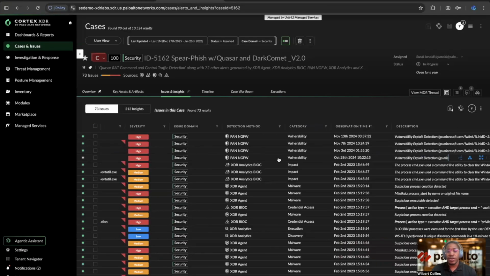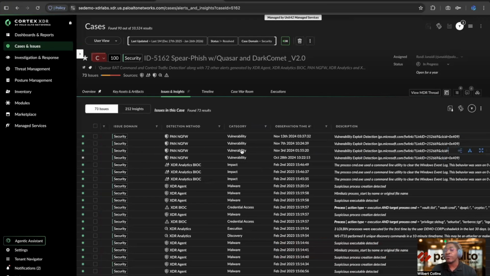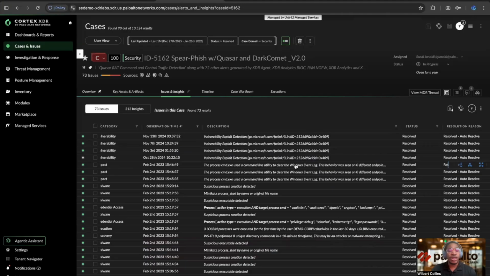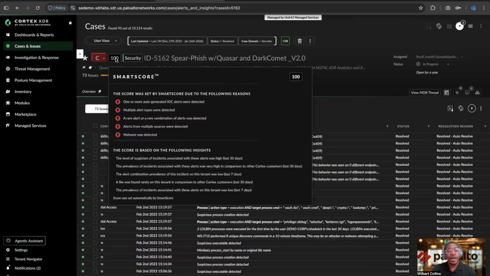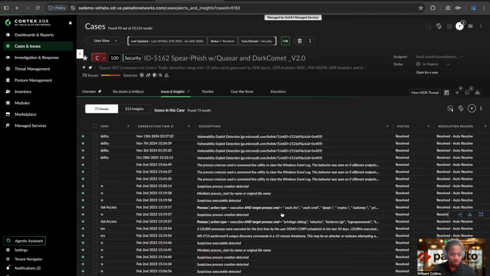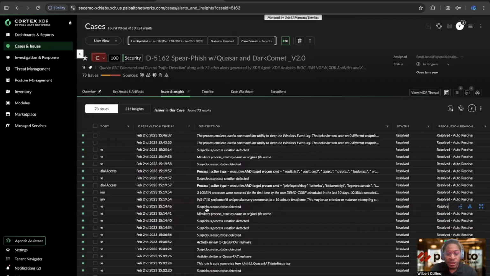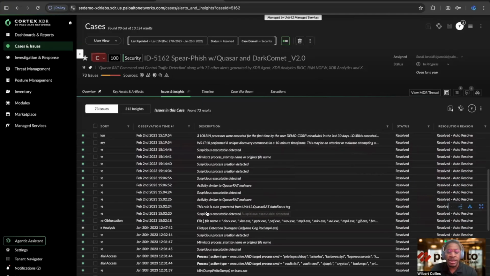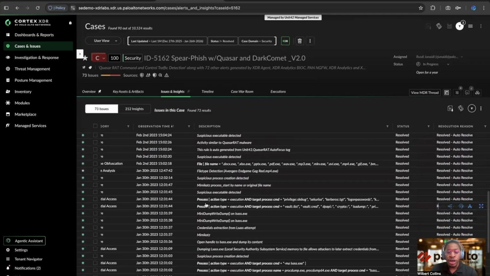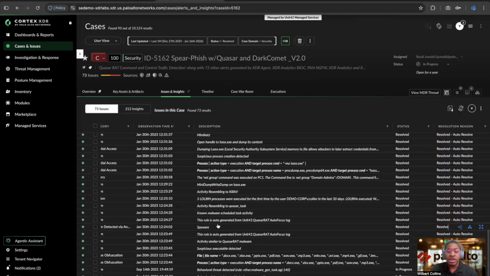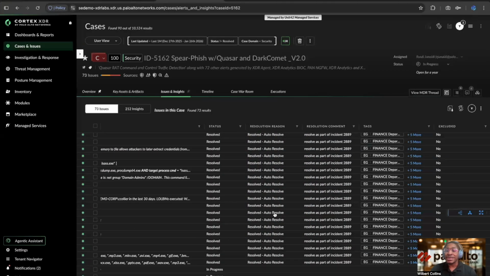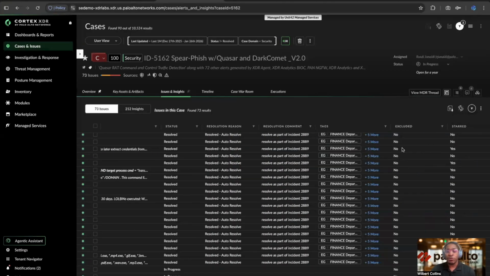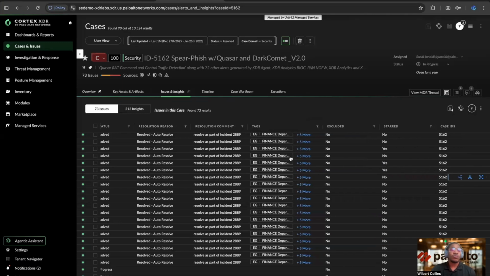So you can get the name, severity, the detection method, whatever category you may want, the description. Because this was generated by machine learning, it's going to give an idea of, hey, suspicious executable detected. This is the machine learning at work, the process action type, just kind of give you an overview of what's happening. This can be filtered down and you can add or subtract certain fields from this view.